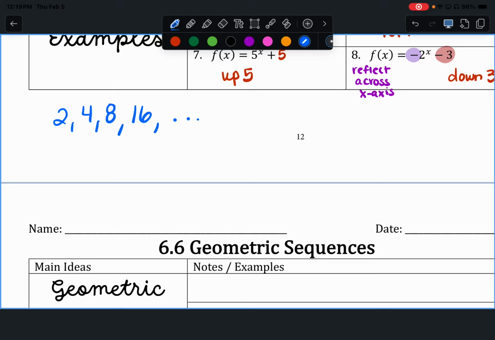In each term, it's multiplying itself, being multiplied by 2 each time, okay? It can also be, so this would be multiply times 2, or we can have it go the other way and have something more like,